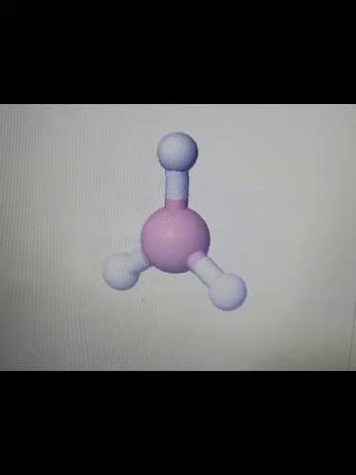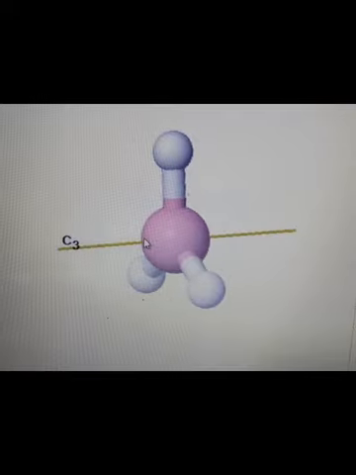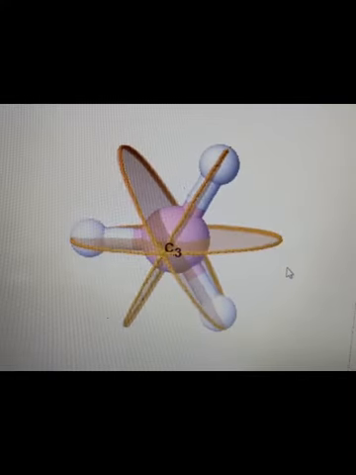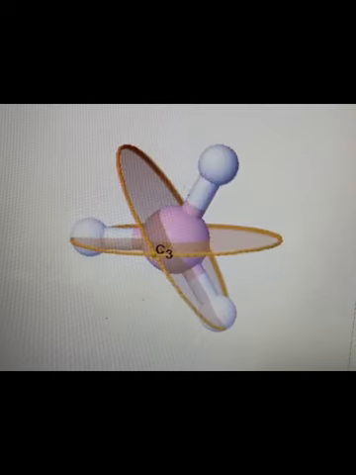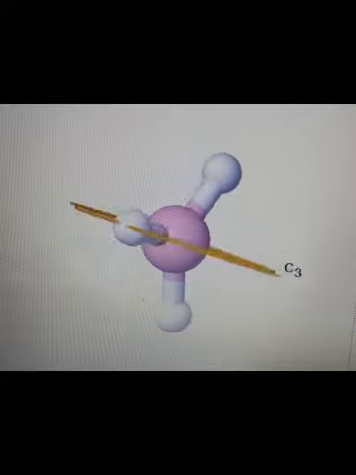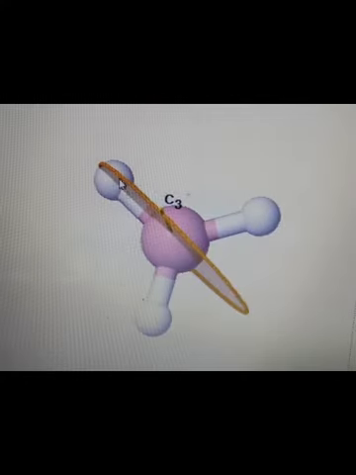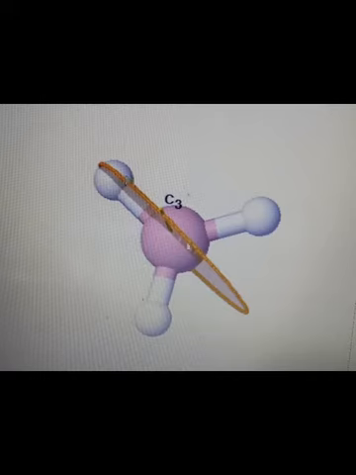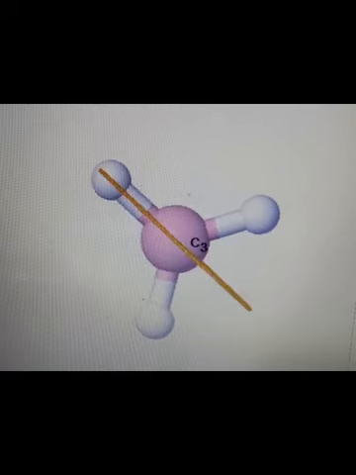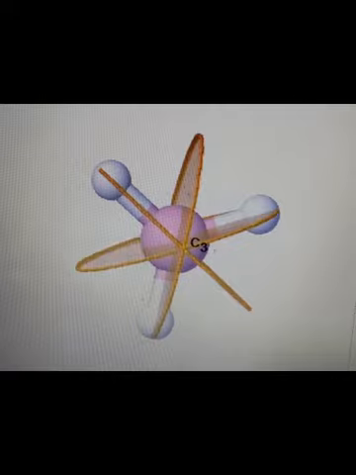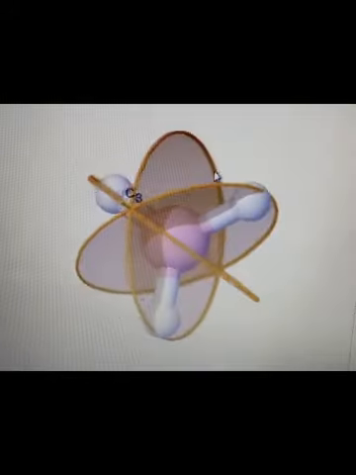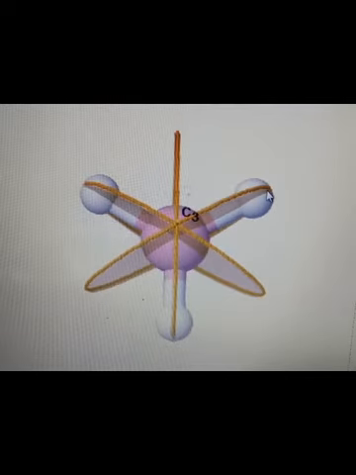Now look at these sigma V's. So sigma V's means it should be along with the principal rotational axis of symmetry, right? So these are the 3 sigma V's. These 3 sigma V's are passing along the principal rotational axis of symmetry. Therefore, they are called sigma V's. This is how the 3 sigma V's are present in this molecule. One sigma V is passing through boron and hydrogen, from the center of the boron and the hydrogen atoms. The second sigma V passes through boron and the second hydrogen atom. The third sigma V is passing through boron and the third hydrogen atom. This is how the 3 sigma V's are present.